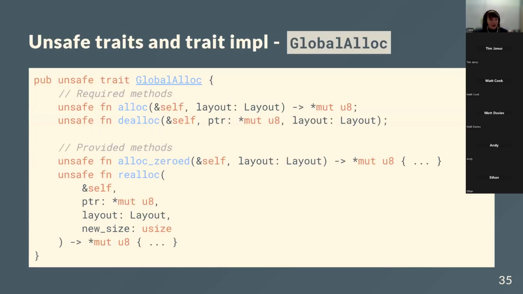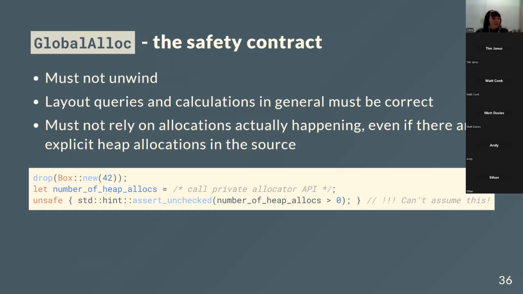Another example of an unsafe trait is GlobalAlloc, which is one that Jon mentions in the book. There are these required methods, alloc and dealloc, and then there are some provided methods. But there is a safety contract as well, and that safety contract says that the global allocator must not unwind, and layout queries and calculations must be correct. It's interesting that it says in general must be correct. I was like, okay. And it must not rely on allocations actually happening, even if there are explicit heap allocations